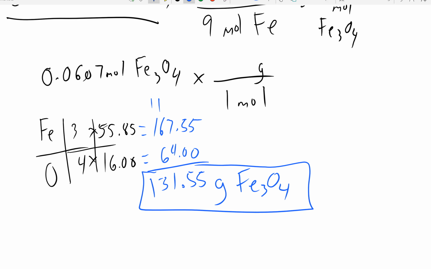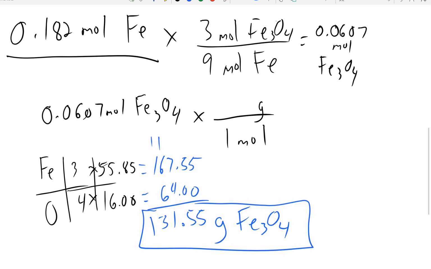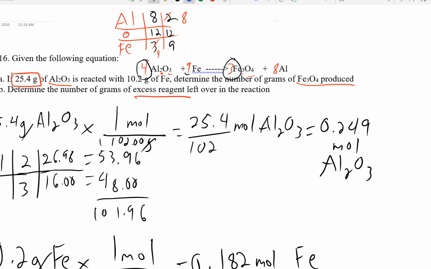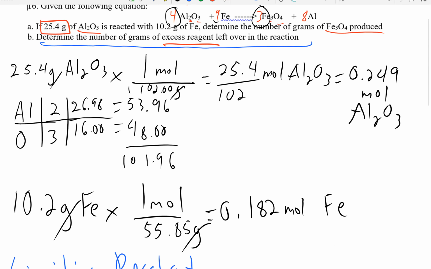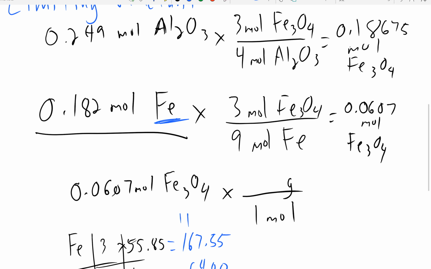Because we know that iron is a limiting reactant, we can't produce any more than the maximum value of Fe3O4 that iron can produce. So this is all we have to do to get the answer for part A. Now to determine the answer for part B, we have to determine the number of grams of excess reagent left over. To do that, we need to take the moles